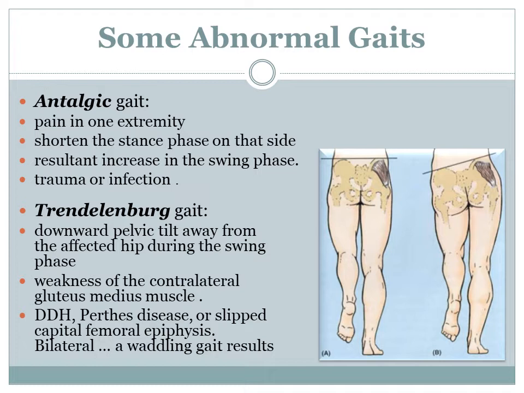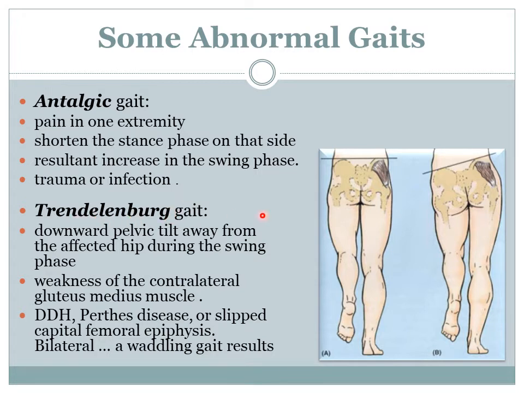The typical causes of the antalgic gait are, of course, the presence of any trauma, contusions, or the presence of infection in that limb. The second common type of abnormal gait is